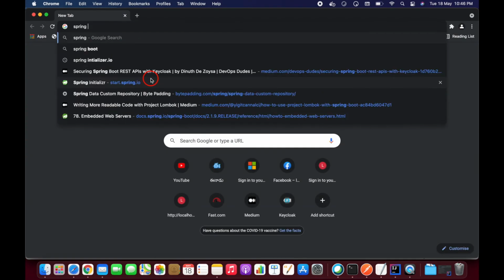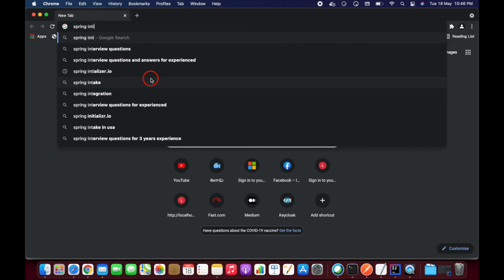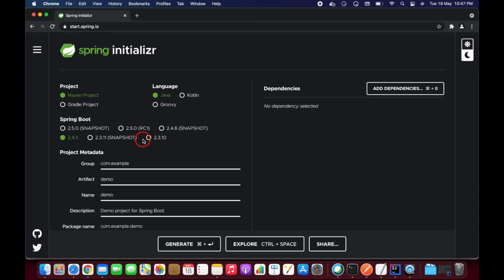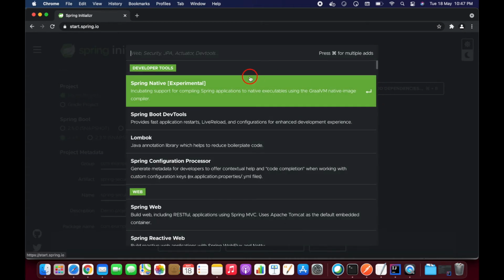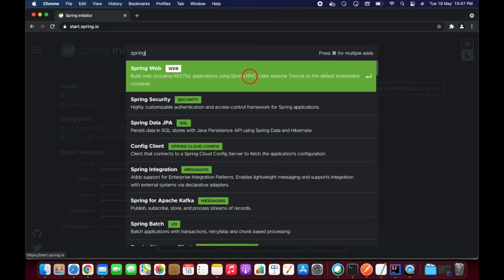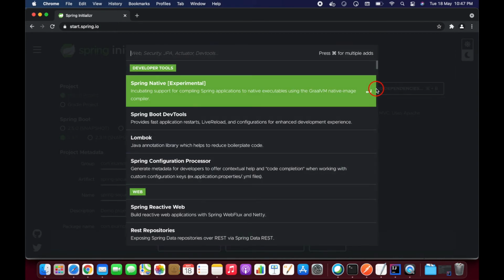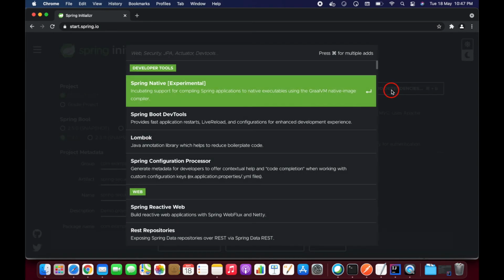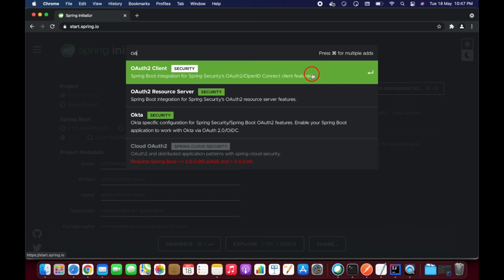Let me open Spring Initializr. Let me take some group, Azure. Spring Security Azure. Let me add some dependencies here, that is Spring Web and Azure Active Directory, and we need OAuth2 client.